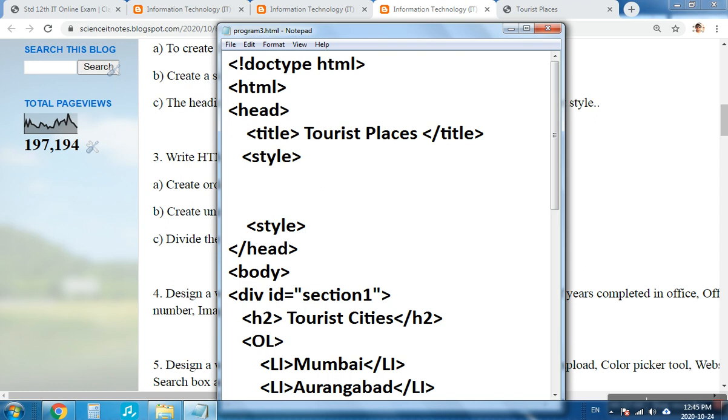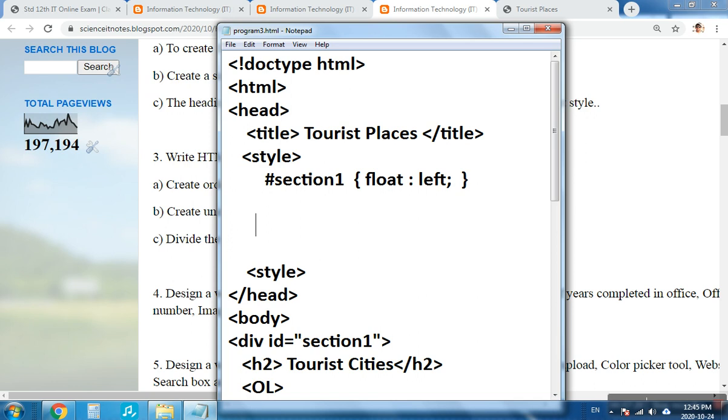Then we are writing the ID name of the first section, that is section 1, and in this we'll write float left. Then same way for section 2, we'll write float right.